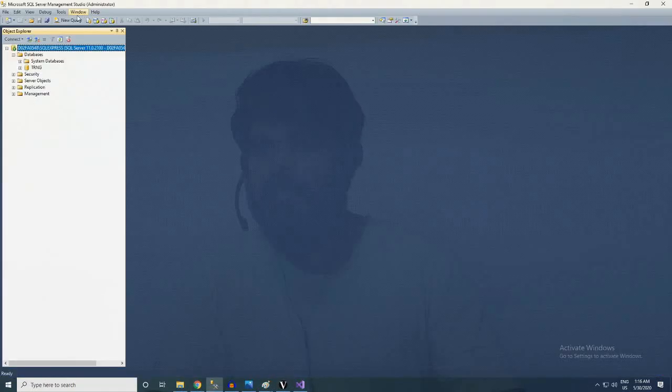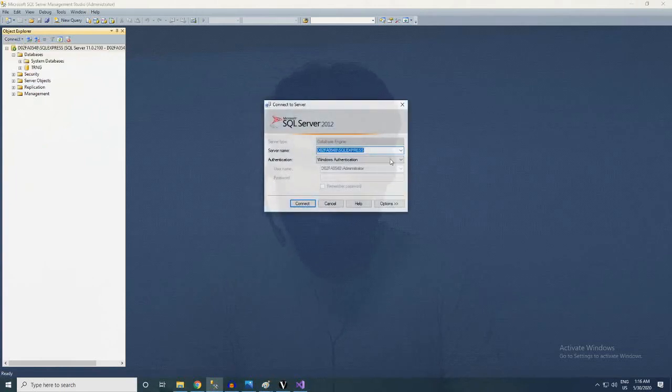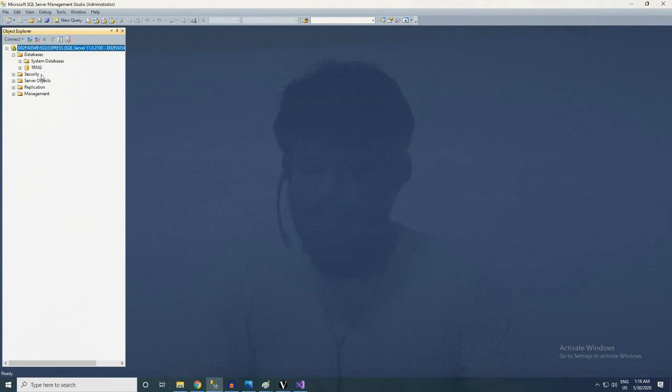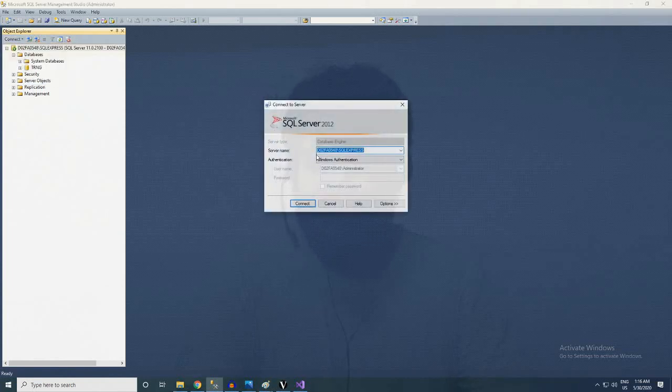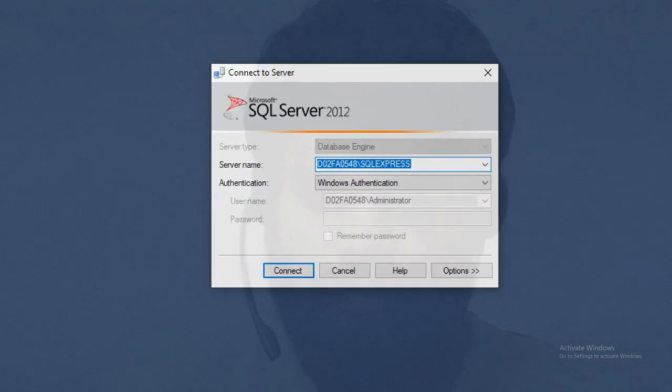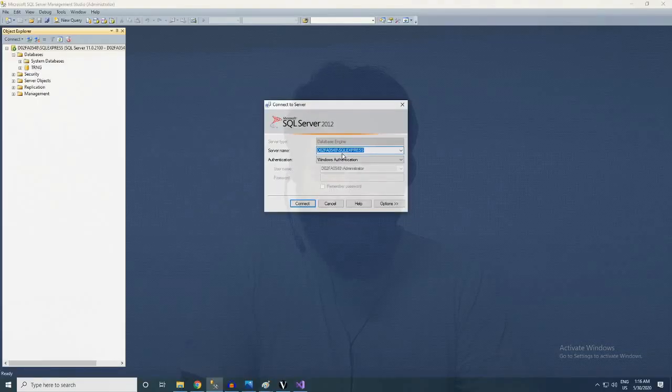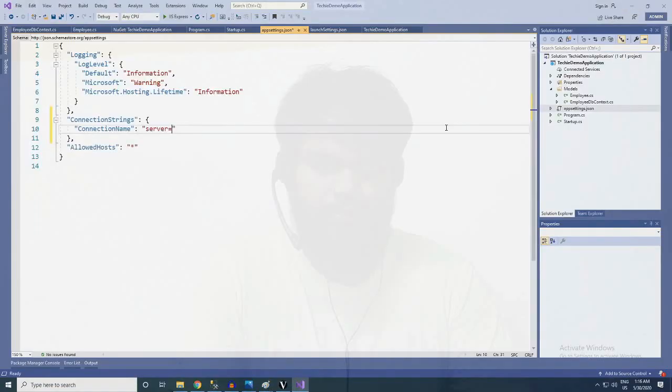So we can get the server name from this by clicking on this connect database engine and copy this. So once again click on this connect database engine and now copy this server name here. I just copied it and paste it here.